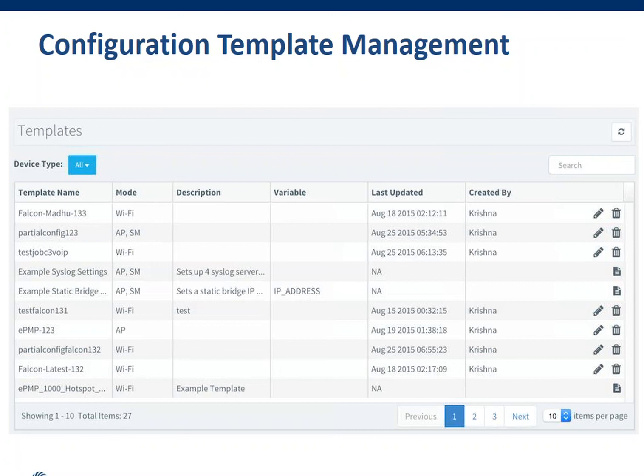One interesting thing about cnMaestro currently is that it offers template management. Currently it does not have GUI management, but that's coming shortly at the end of this quarter. The advantage of template-based management is that you can create templates, which are really nothing but files, and you can associate these files with multiple access points. It is a little advanced or complicated when you have to do them for the first time. But once templates are done, they can easily scale, and it gives you much tighter version control